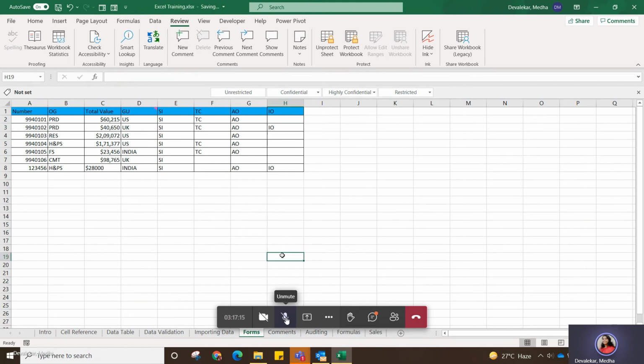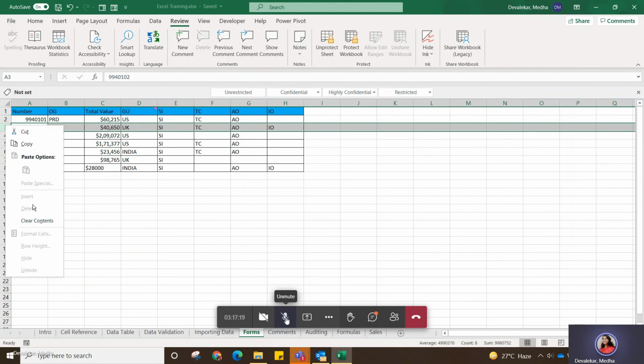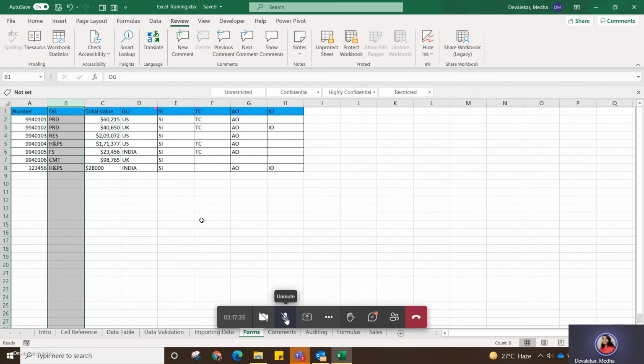Now my sheet is protected. If I try to delete, see here it is not allowing me to insert or delete a row, format a cell, anything, or hide or unhide. So it is protected. The person can only see the data or edit the data.